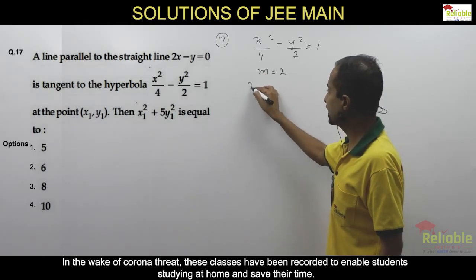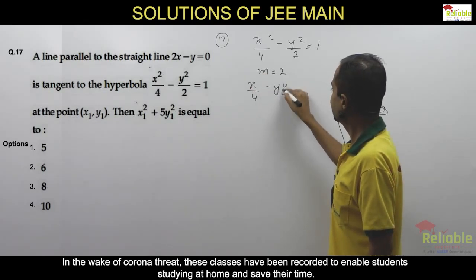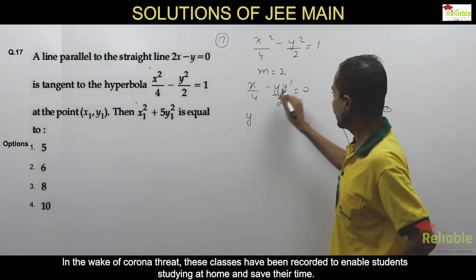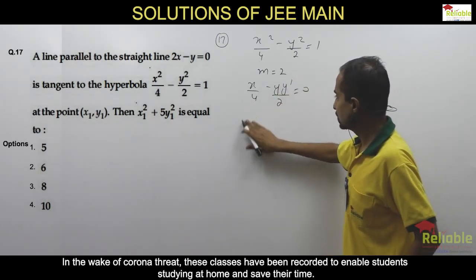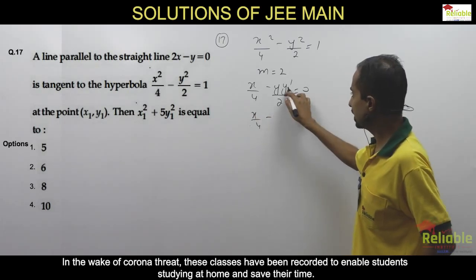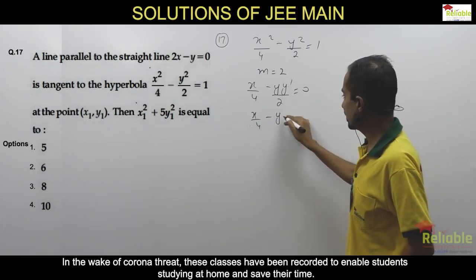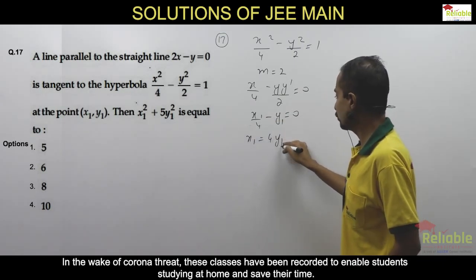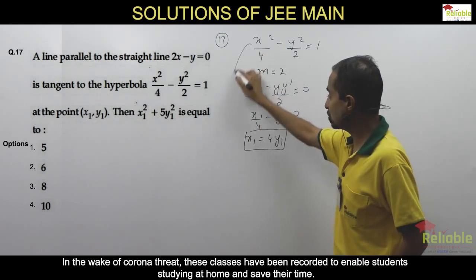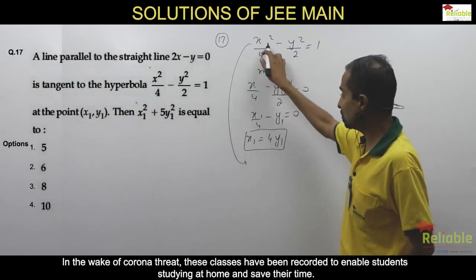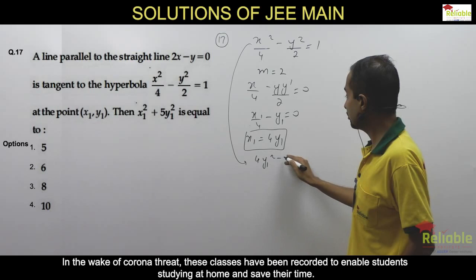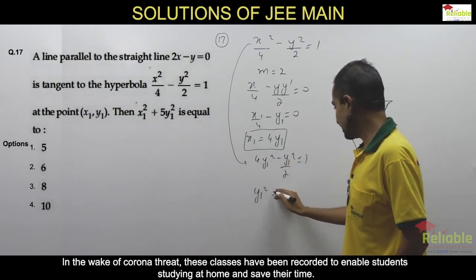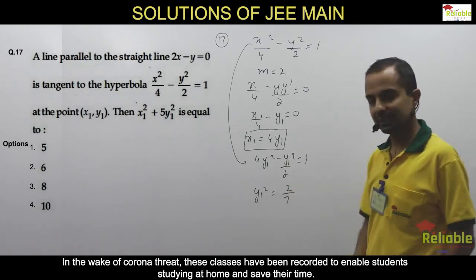So let us first differentiate it. So we get y dash is nothing but 2. So let me put y dash as 2, right? So what you are going to get is this thing, x1, y1, that is the point of contact. x1 is equal to 4y1. Now x1, y1 also satisfies this. So 16y1 squared minus y1 squared by 2, this is 7. So we get y1 squared is equal to 2 over 7.